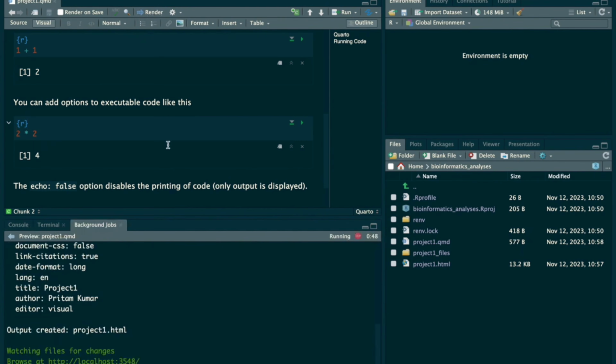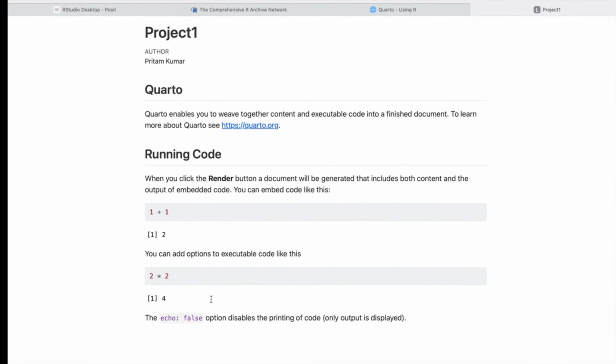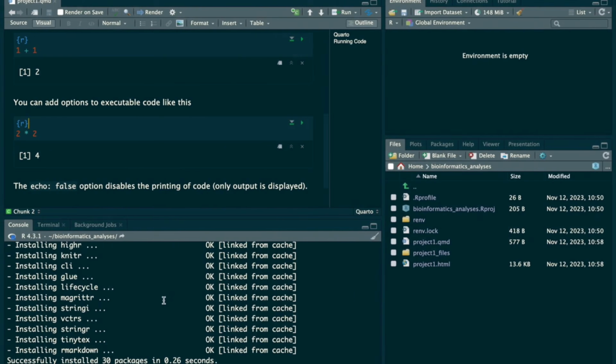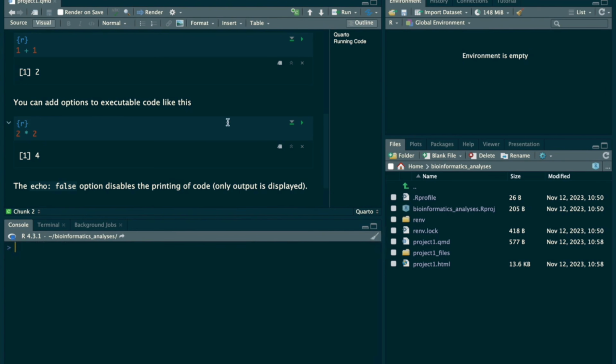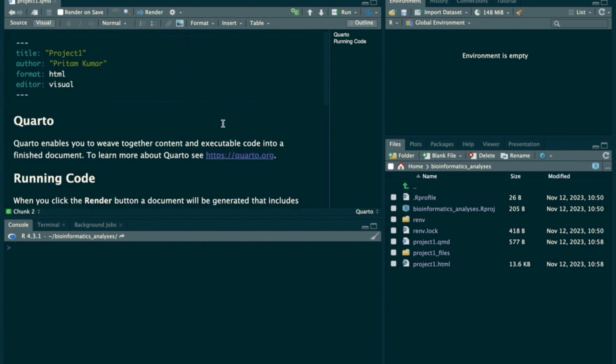Now you can see that your file will be created, and you can see your code as well. So 2 into 2 is 4. Okay, so this is how the Quarto documentation works, or the rendering option works. Now, and this is the option to clear your console. You can clear this. Okay, so now we are going to do one specific bioinformatics project that I mentioned initially,